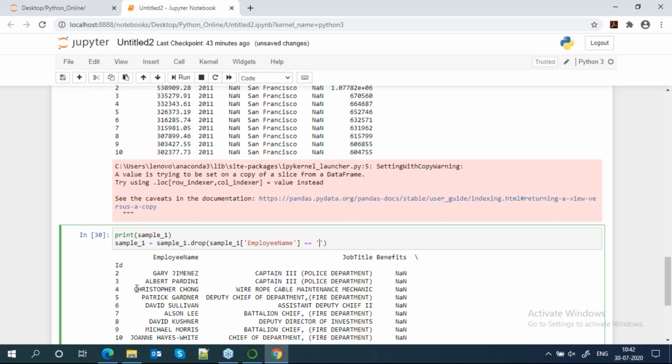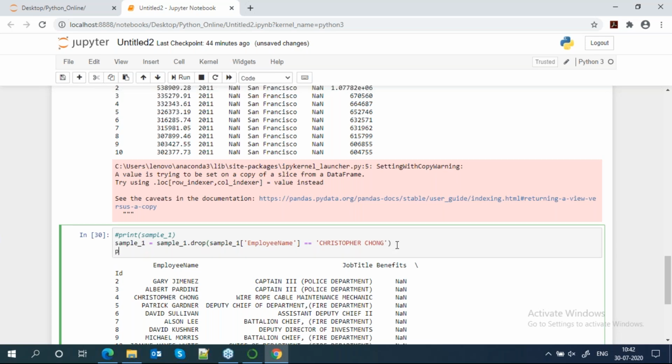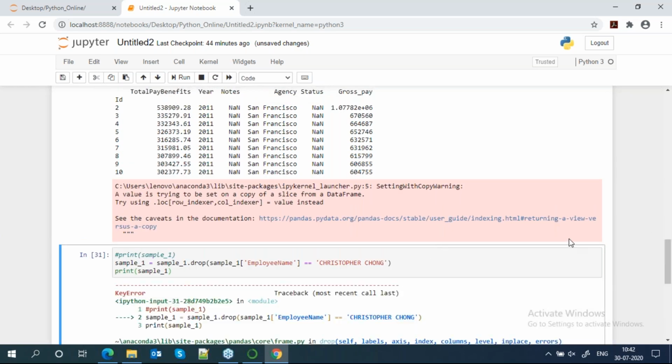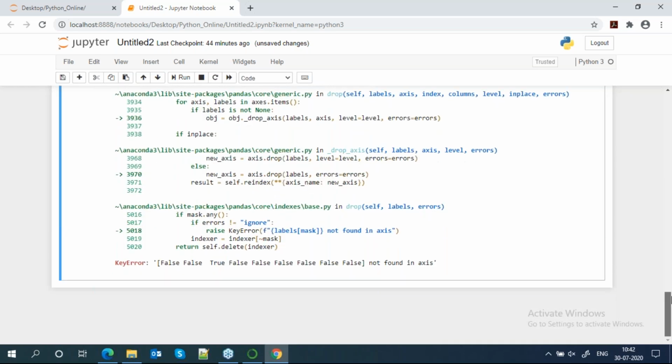Suppose I want this one. So what will give error?